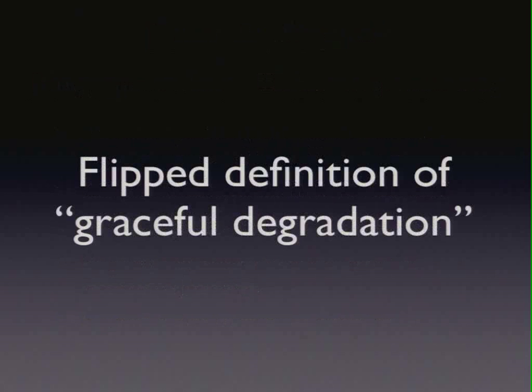So like I said, it's really graceful degradation just sort of flipped. So it's a way to frame the conversation a little bit differently, and in my opinion, in a more healthy way, because it ensures that instead of as an afterthought, we're doing this right from the beginning. And some people think that this takes a lot more work, but I've sort of found that that's actually not